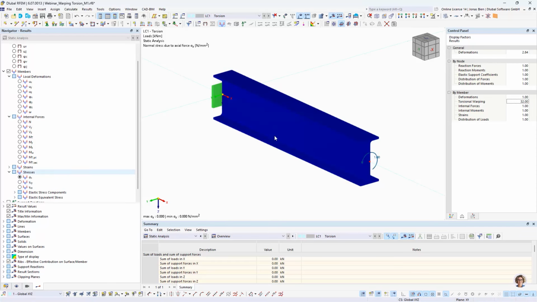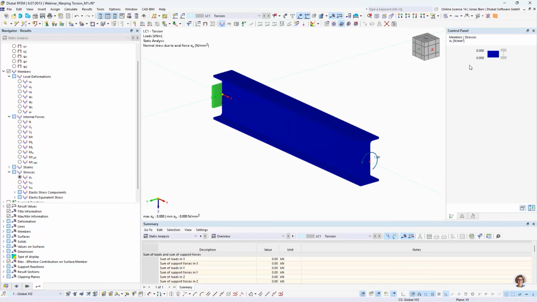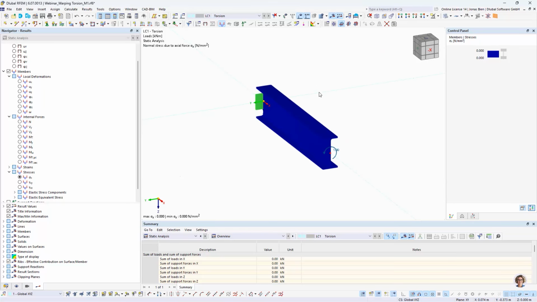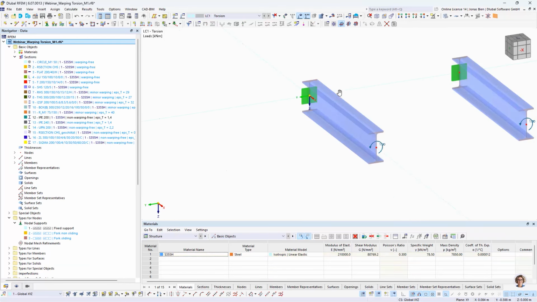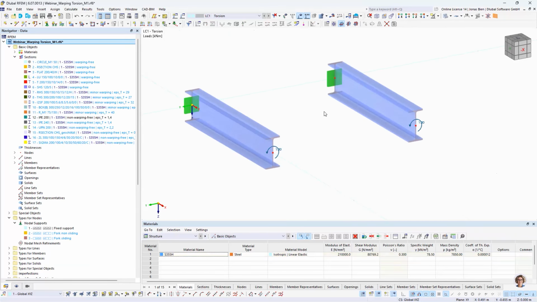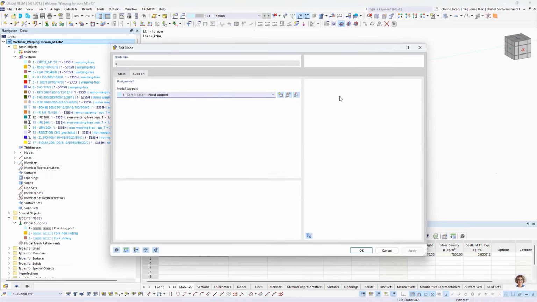So we can also check stresses. We don't have any axial stresses here. So what we need to really activate warping torsion is also to add a warping restraint. So let's see how we can do that. I copy the cantilever, add a second one, and now I just want to quickly look with you into the